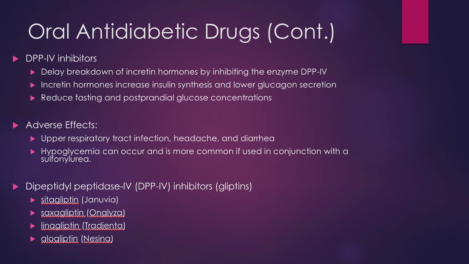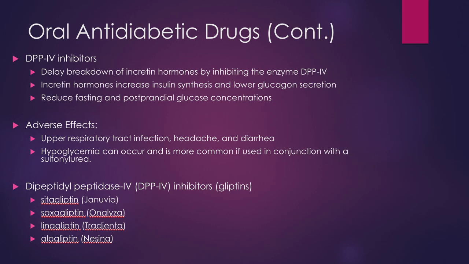We have our DPP4 inhibitors. These actually delay the breakdown of incretin hormones. And what do incretin hormones do? They actually increase insulin synthesis. So if we prevent their breakdown, then they're in there longer, which means you're going to synthesize more insulin. And they also help to lower the glucagon secretion by the liver. This reduces both your fasting and postprandial glucose